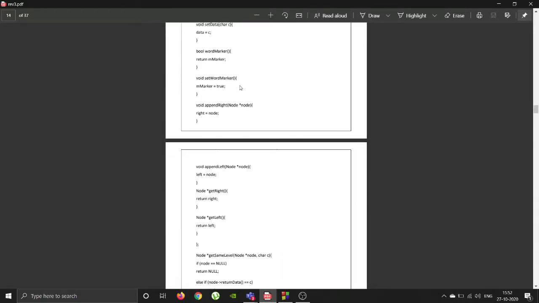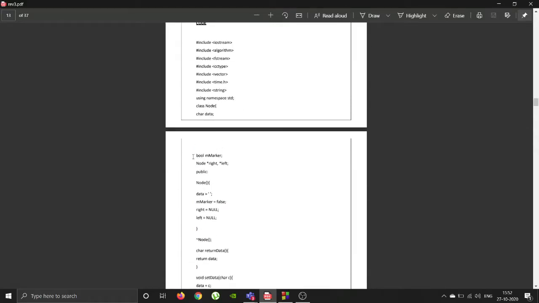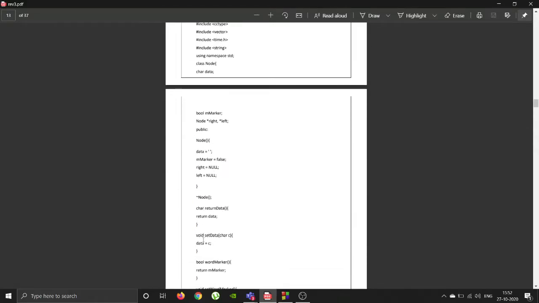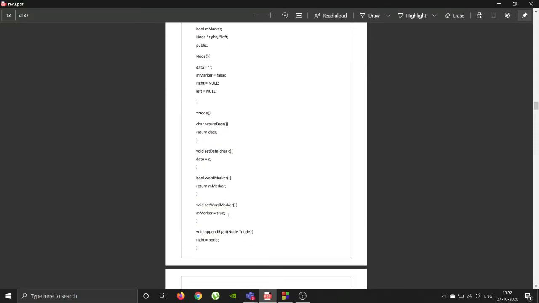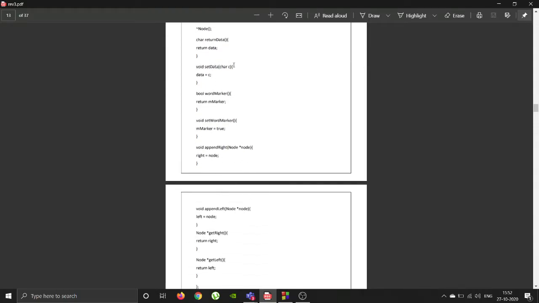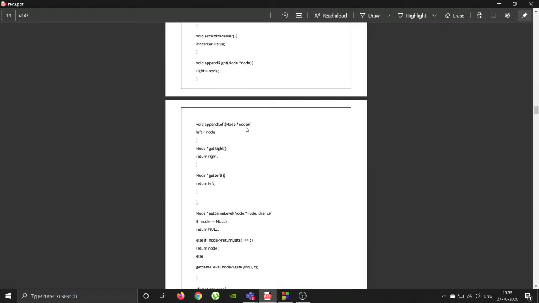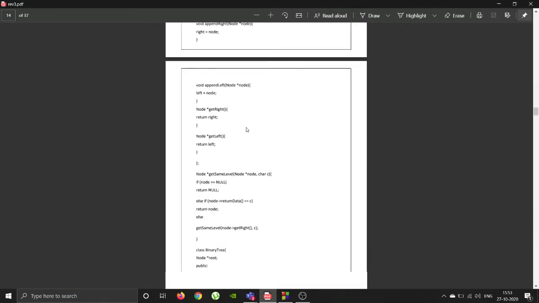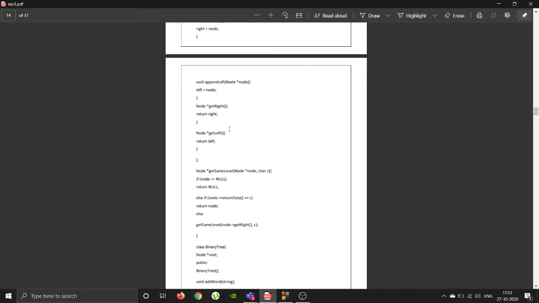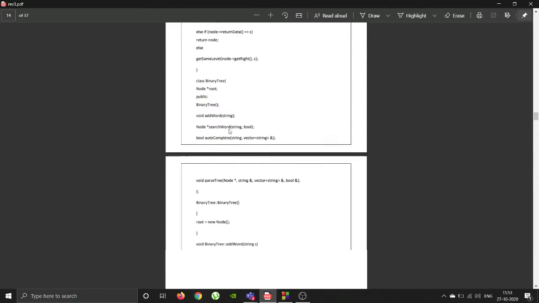The class node has the following functions: set data, that sets the content of the node to the character C, and word marker, that returns true if the letter is the last letter of a given word, and set word marker sets the marker to true if the letter is the last letter of the given word. And then we have append right and left, which appends the node to the given node object, and then we have get right and left, which returns the child of the given node object.